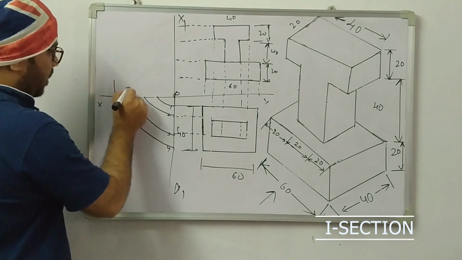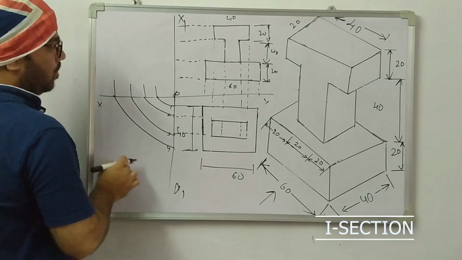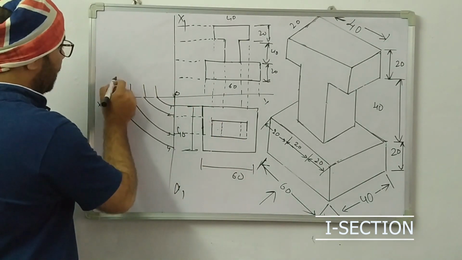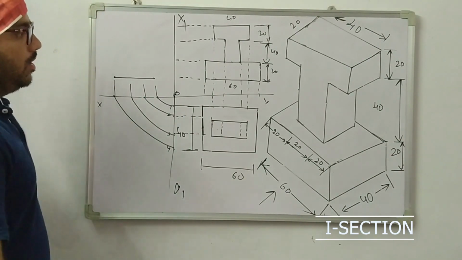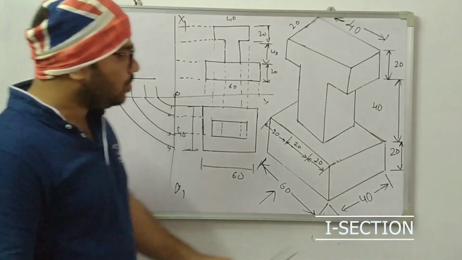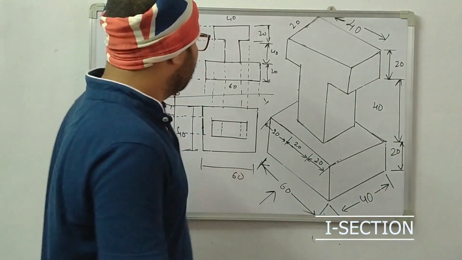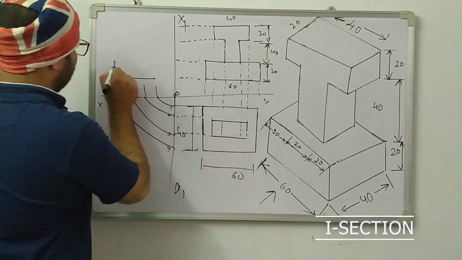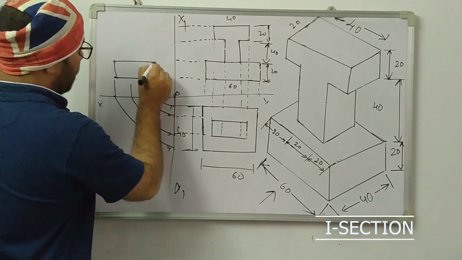Now draw with this height, maintain the same height here. These are the projection lines actually. So with the same height, we are drawing the box. So whatever the 40 is, the 40 length should be kept here. Next, you are watching from this side, the 40 is mentioned and the 20 is there. So this is the 20, simply draw the 20 height.